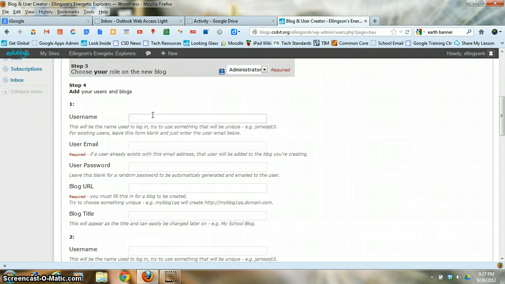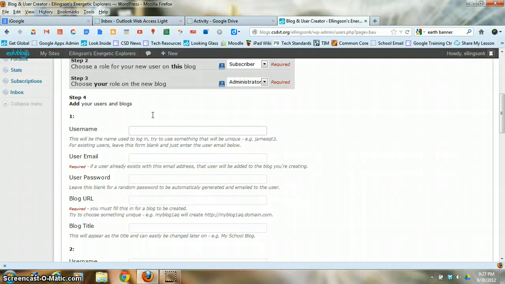the first thing you need to do is type in the username, and the username for this class is going to be Explorers. So Explorer Haley is the username, and the user email is going to be this teacher's email, and in this case it's Mrs. Ellingson's class, and their email is